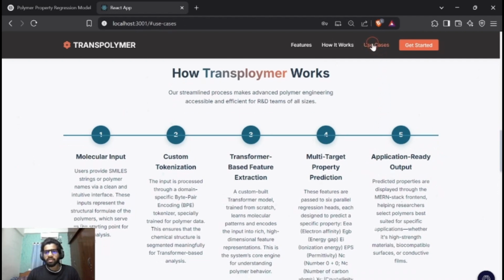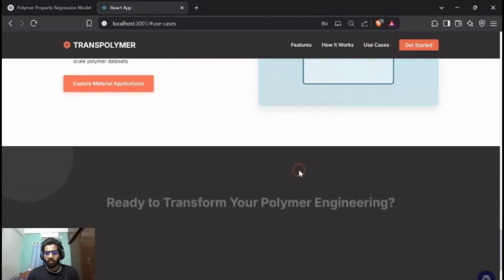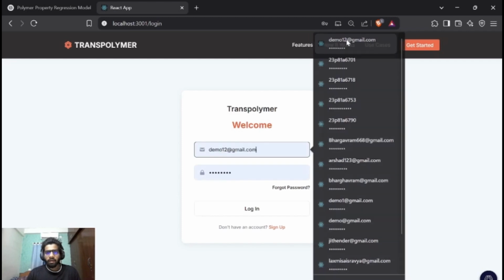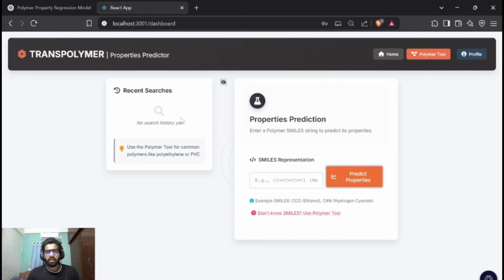And you can see our business cases, which are used in medical devices, material sciences and many more. Let's get started. Logging in through a demo account, as you can see, we have entered a dashboard where we can predict our SMILES. For example, I predict